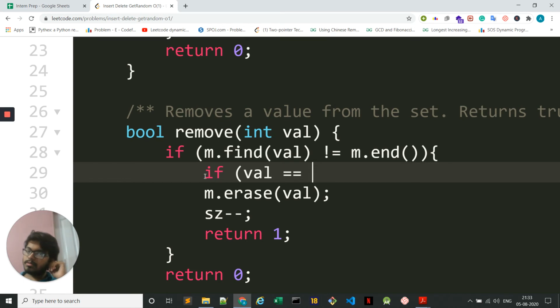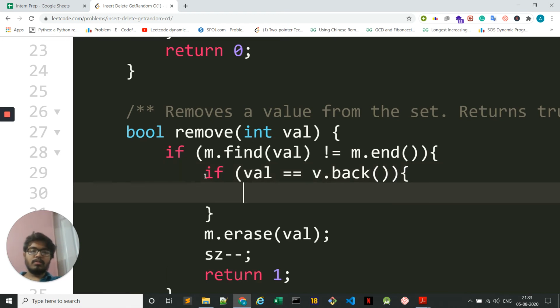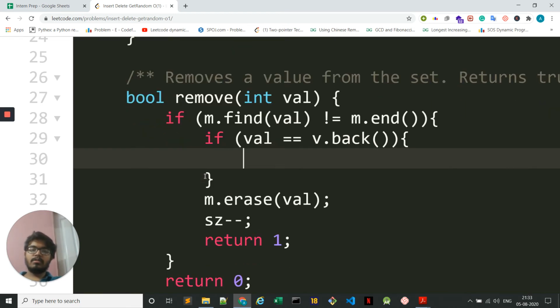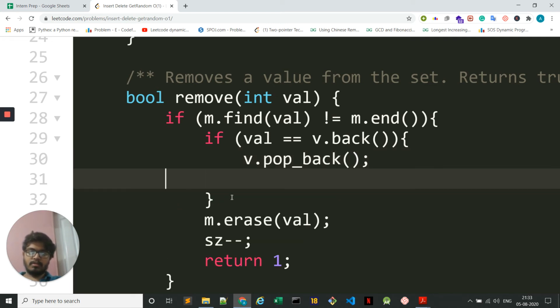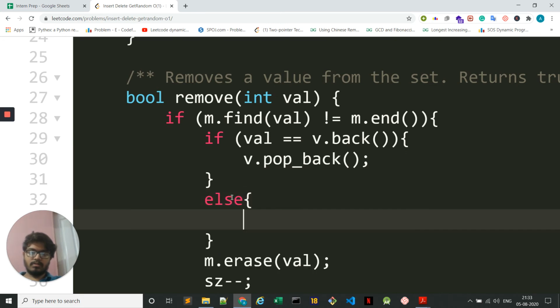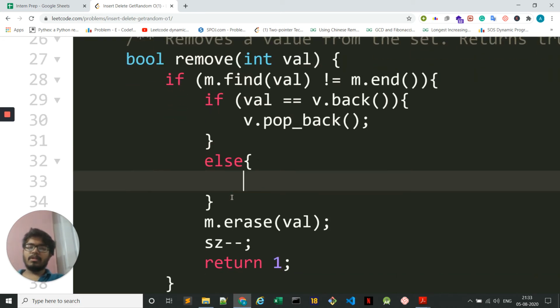So if this value is equal to v dot back, then it is easy, we can simply erase. But if the value is not present at the back, then what we will do is, this is the back element, so its value will be equal to,